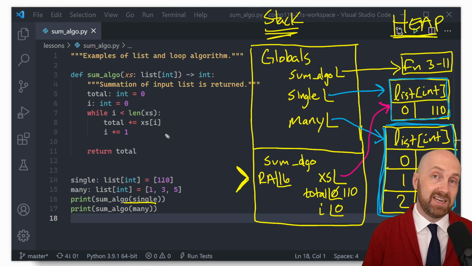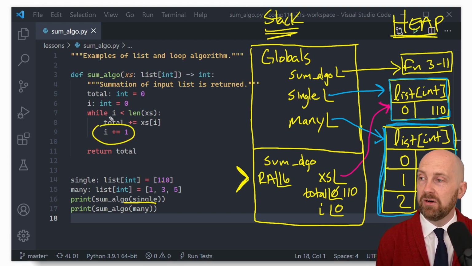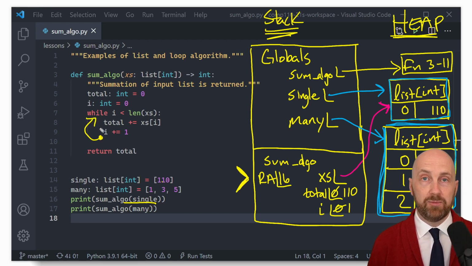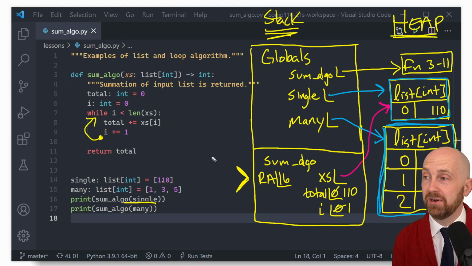Great. Now we need to move to the next index. How do we do that? Well, we increment our index variable I. So I is no longer 0, it's now 1. Right? And then this is what's important. When we reach a while loop, we go back up to the top and we ask, okay, is this expression